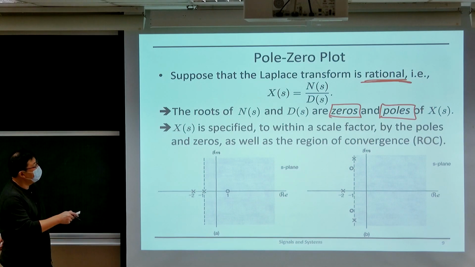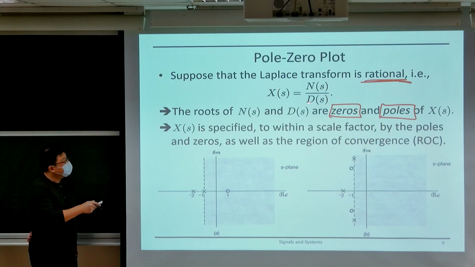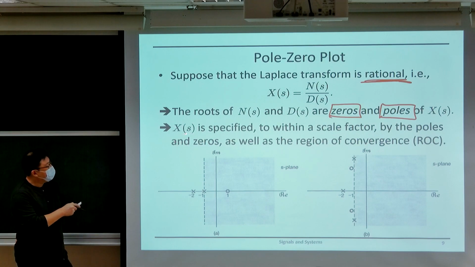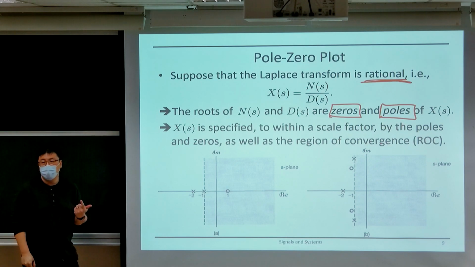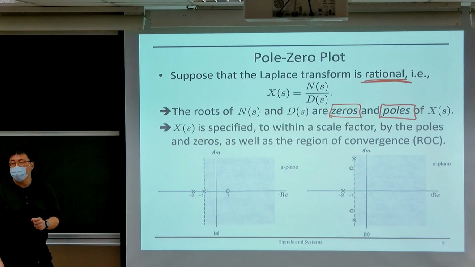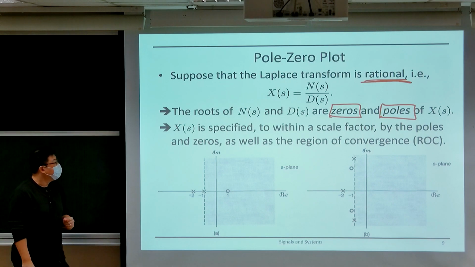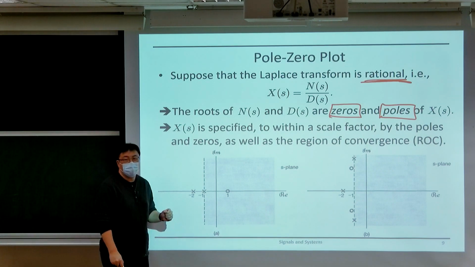Now, in fact, if you think about it, if the Laplace transform takes on this rational form, then the Laplace transform is specified to within a scale factor, some constant factor, by the poles and zeros, as well as the region of convergence of this transform. So if you can specify the poles, the zeros, and also the region of convergence, you have basically specified the Laplace transform up to some constant scale. Okay? So, to characterize